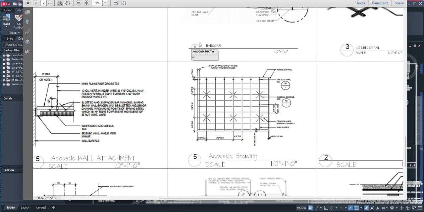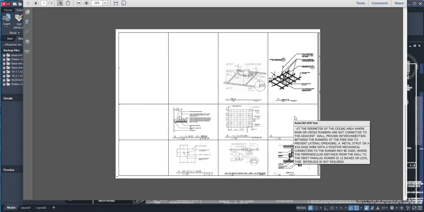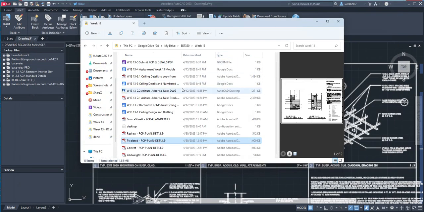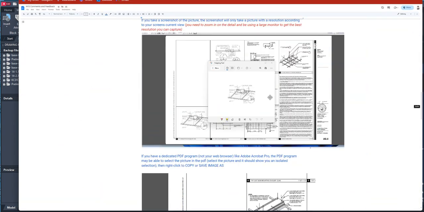It's not consistent. So this is number 6 here, a different font than this one. So you have to make that consistent. Okay? So that's one thing. Another thing that we need to make sure is that the